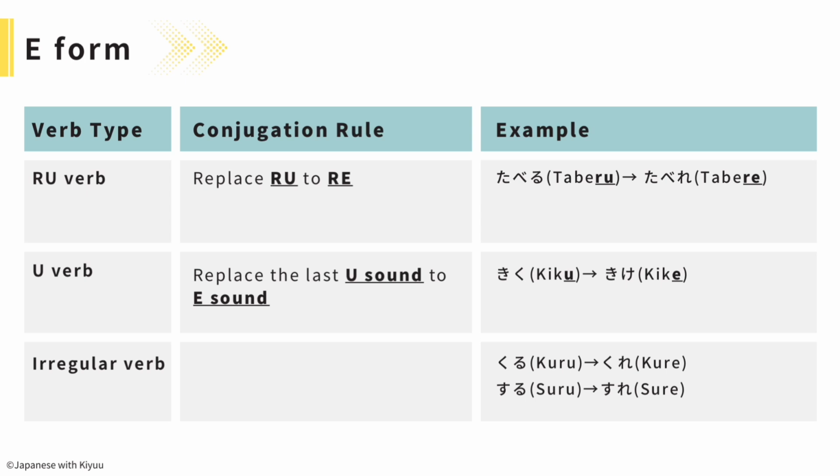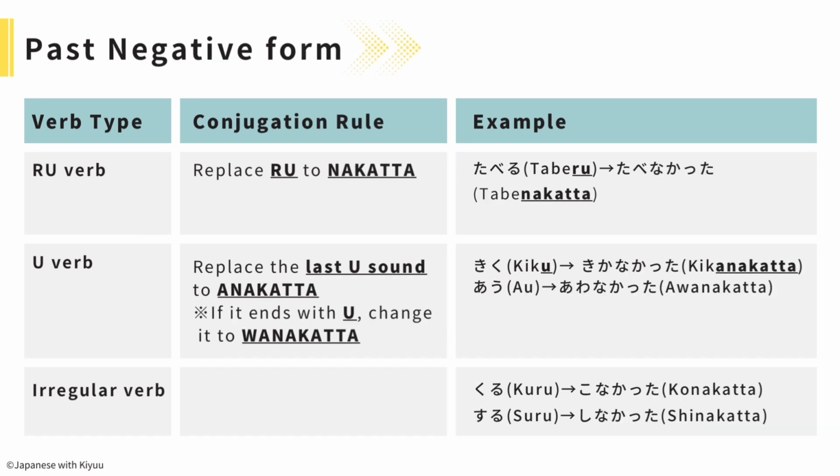For example, 聞く is 聞け。Irregular verb, 来る is 来れ。する is すれ。